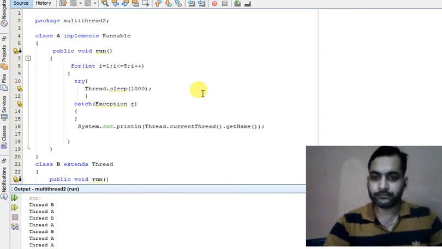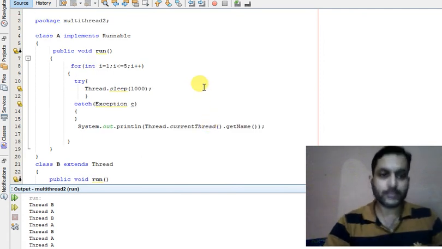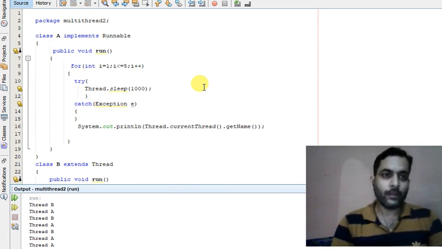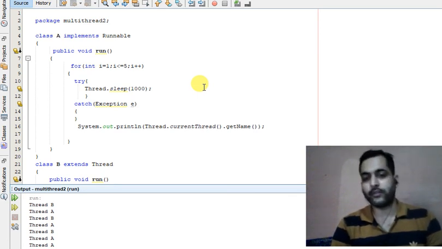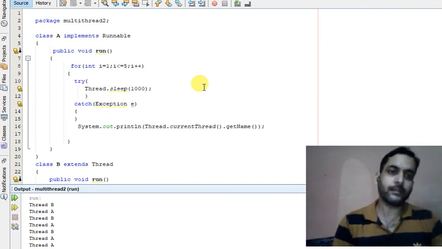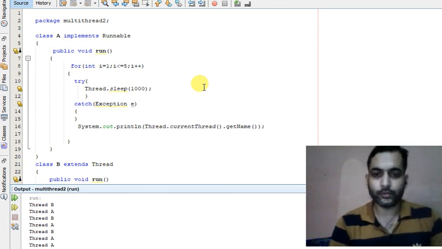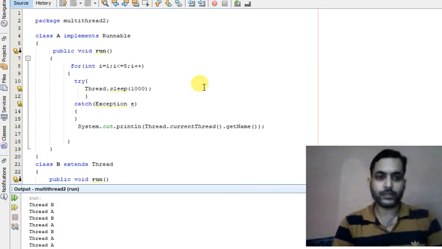So till now we have discussed what is a thread, what it is used for, and what are the methods to create a thread. There are 2 methods. A thread can be in one of the 5 states during its lifetime. It follows a life cycle, and there are some methods through which we can suspend the thread, like the sleep method, which can pause the thread for some time.